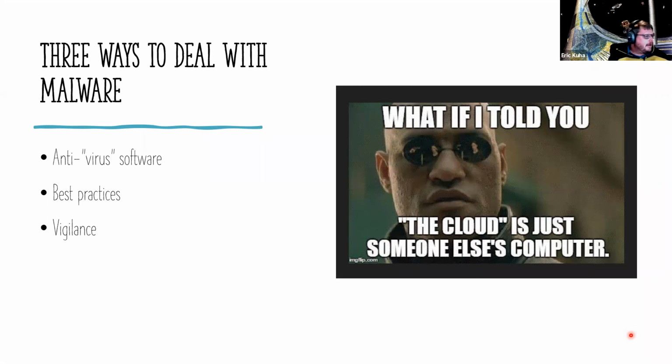Anyway, there's three things that you can do to protect yourself from malware. One of them is to use antiviral software. Usually it'll be labeled antivirus software, even though it's a bit of a misnomer. Implement a certain number of best practices, like knowing what you should click on and what you shouldn't, and what emails are safe to look at.